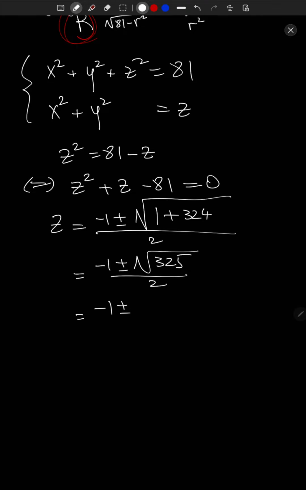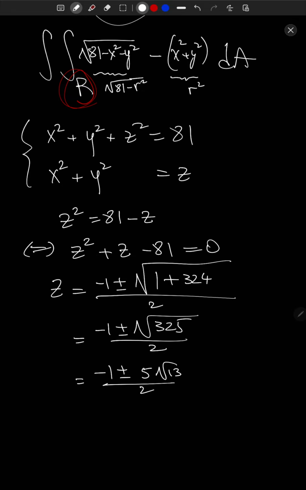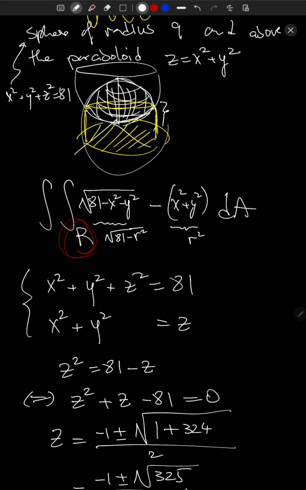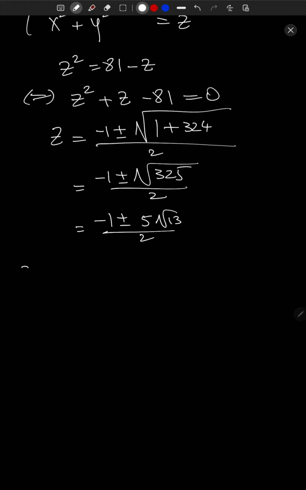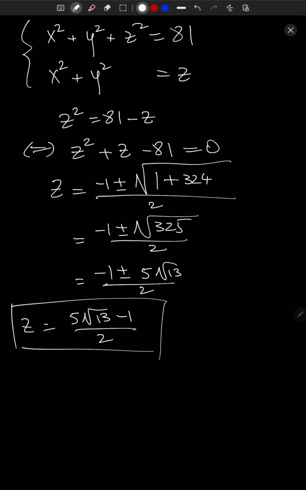Minus 1 plus or minus 5 root 13 over 2. We don't want the minus sign because we know our z is positive. The intersection height, which is what we're looking for at this moment, is above the x-axis. And so we want z equals 5 root 13 minus 1 over 2. All right, so that gives me the height of my intersection, which tells me what my x squared plus